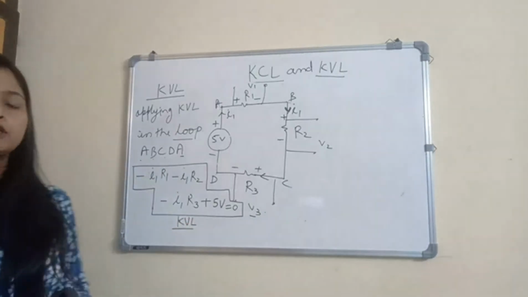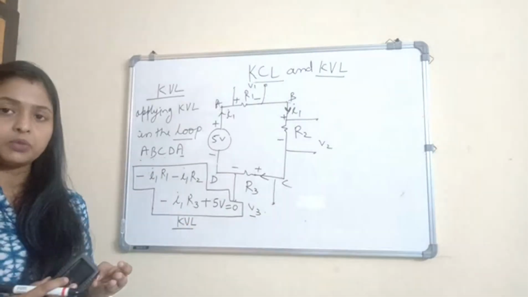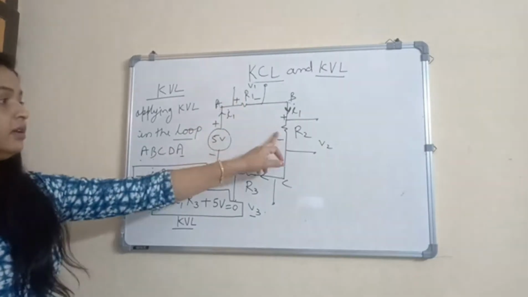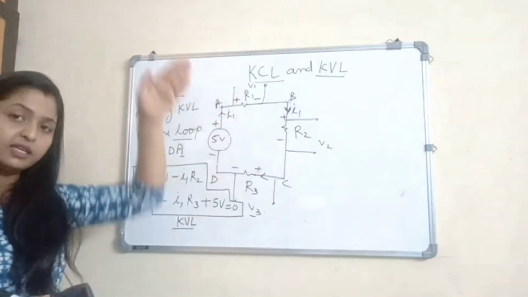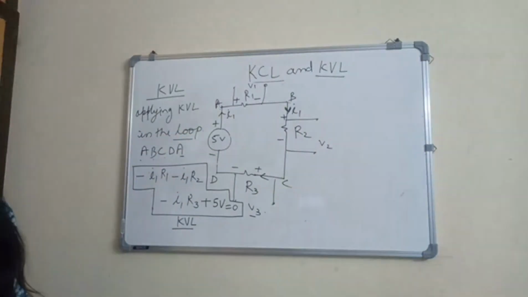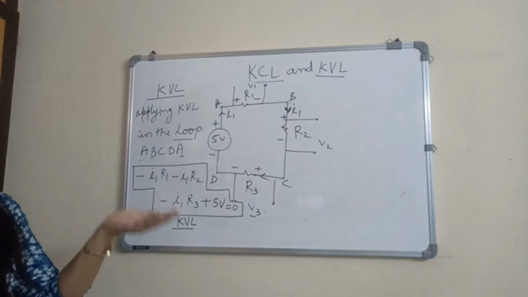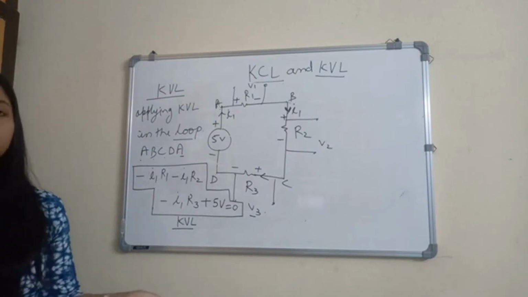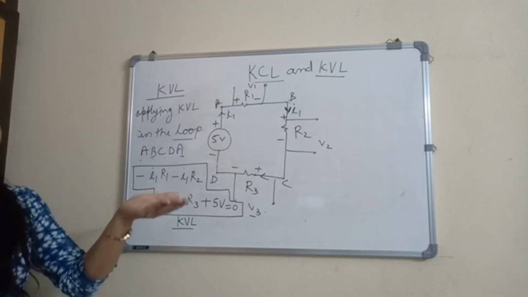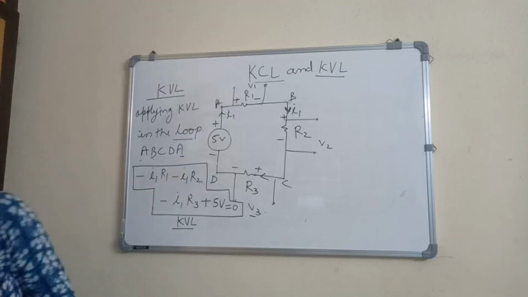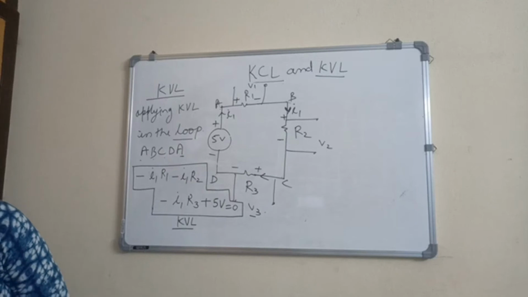In this case, we have seen the polarities of every component and how we consider them, when voltage is rising and when voltage is falling. When voltage is falling, we have to consider the drop as negative. When voltage is rising across any element or any EMF source, it is increasing, so take it positive. When voltage is falling, take it as negative. So these are the simple KCL and KVL equations.